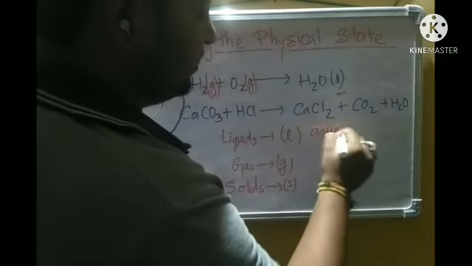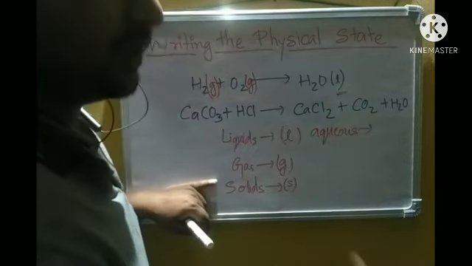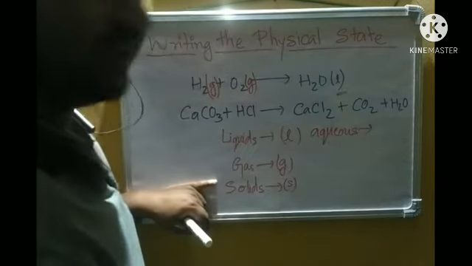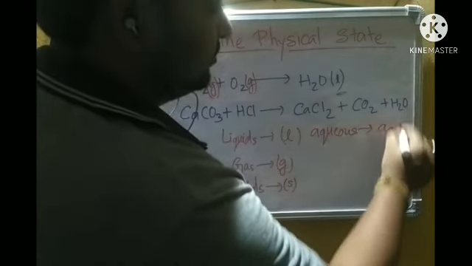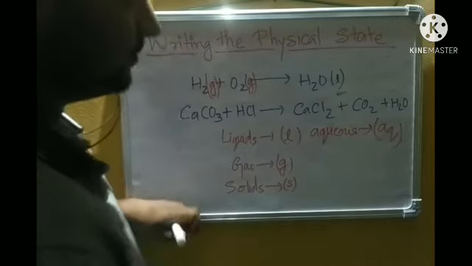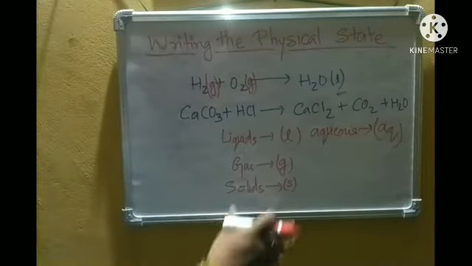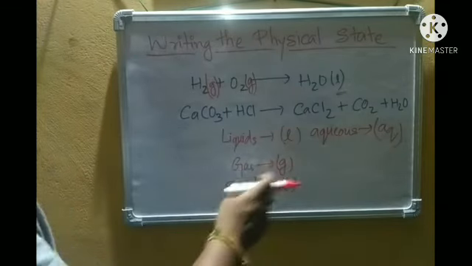What does aqueous mean? That is, the compound is first dissolved in water or any chemical solvent, and then it is used in the chemical reaction. Mostly the solvent when we write aqueous is water. So these are the physical states generally used in writing a chemical equation, that is liquid, gas,